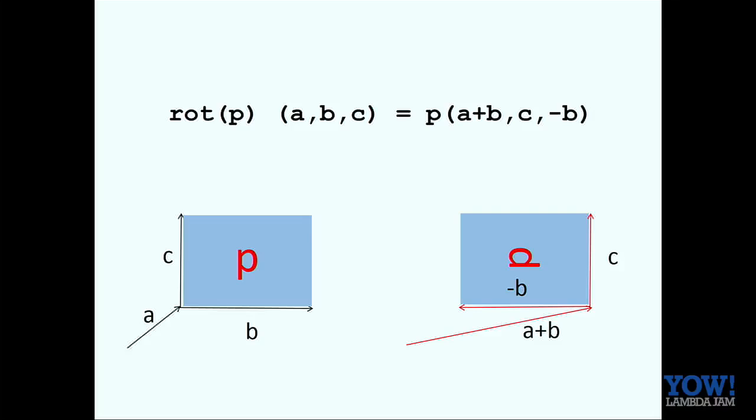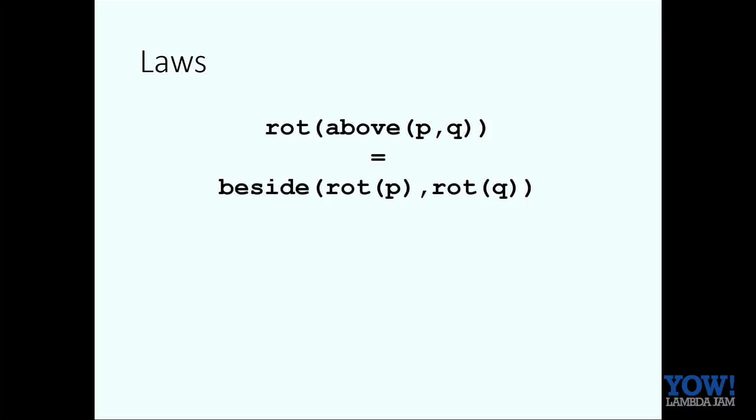So Peter defined his picture operations this way, and then he went on to prove a whole bunch of laws about them, like this one, for example. I've not shown you above, but this is easy to understand. If I put P above Q and rotate it, I get the same thing as if I rotate P, rotate Q, and put one beside the other. And if you take those simple definitions I showed you, giving a proof of this is very, very easy. So Peter proved many, many laws about his combinators.